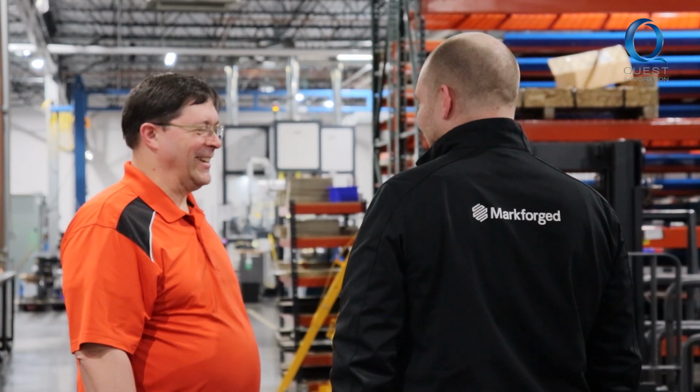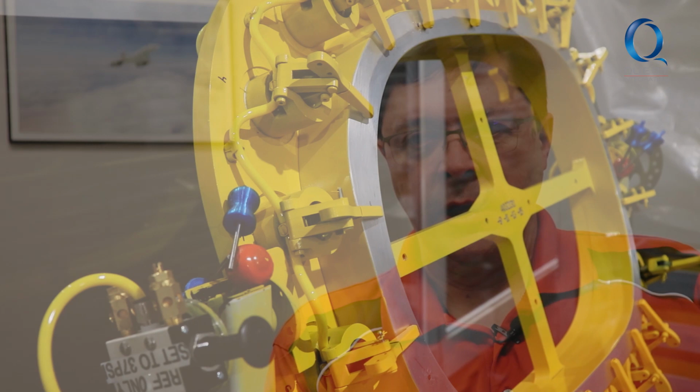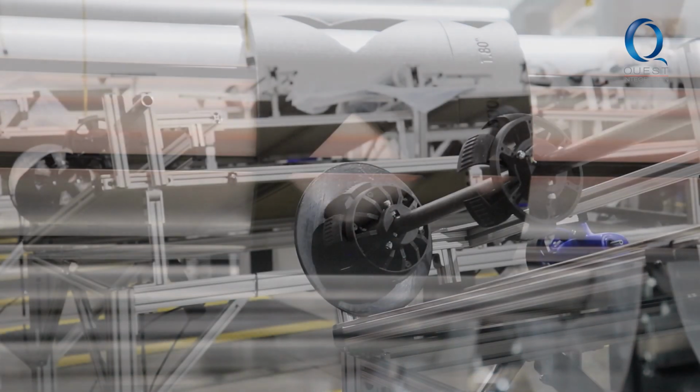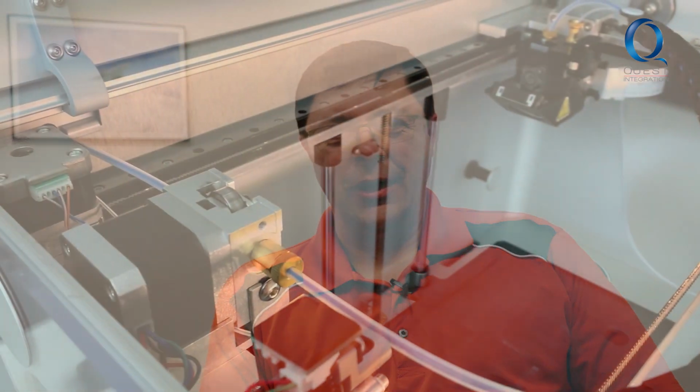A few years ago, ATC implemented 3D printing into their manufacturing processes. So we bought a Markforged printer. It became useful very quickly in building tooling or equipment for trimming or pressing our parts. Bart Johnston, ATC's tooling design supervisor, says they quickly realized that one machine was just not enough. That filled up quickly, and so we bought a second one and filled that one up, and we've got 3